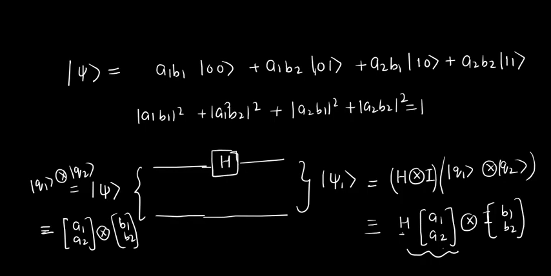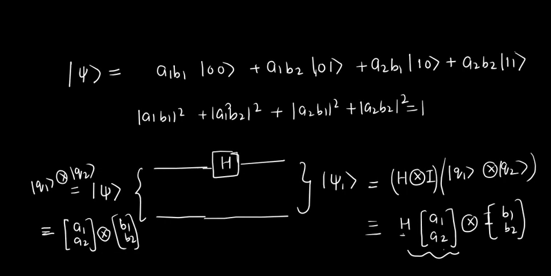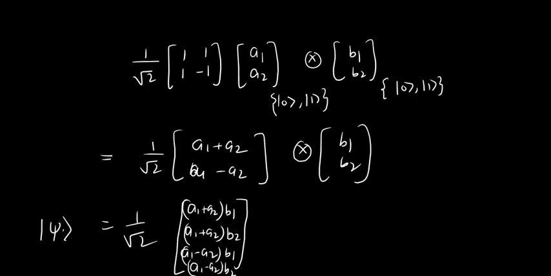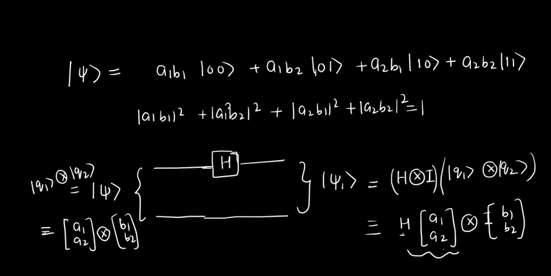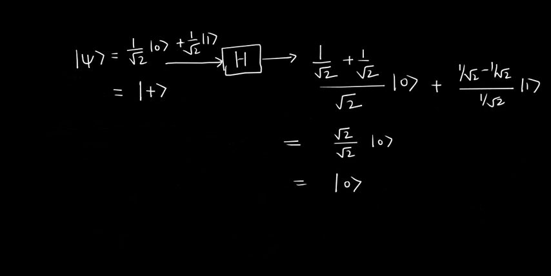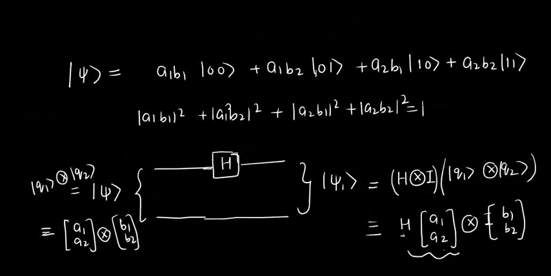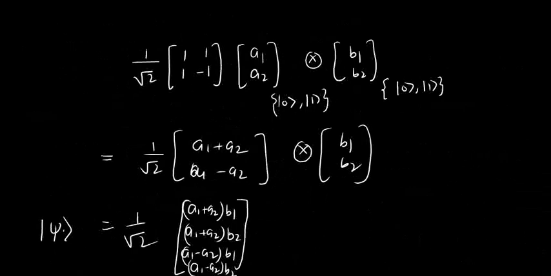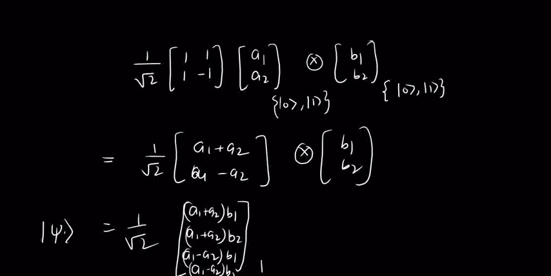I mean, when we apply Hadamard to the first qubit and do nothing to the second qubit, right? This thing will later on be used when we see the Deutsch algorithm. So now we have covered the preliminaries or the required basics. So now we can go and see the